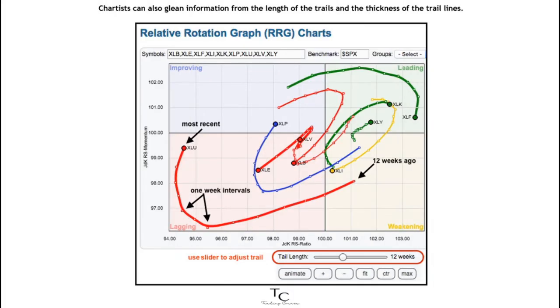Chartists can also glean information from the length of the trails and the thickness of the trail lines. All trail lines extend 12 weeks on this chart, but some are longer than others. The red XLU trail is the longest, meaning it has the biggest move and shows the most volatility. The green XLY line in the upper right is the shortest, which means it has the smallest move and is